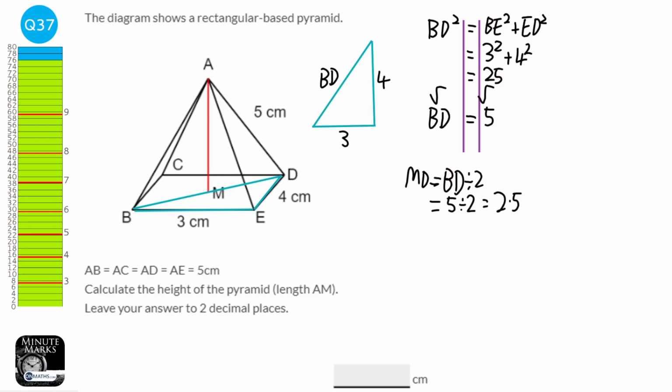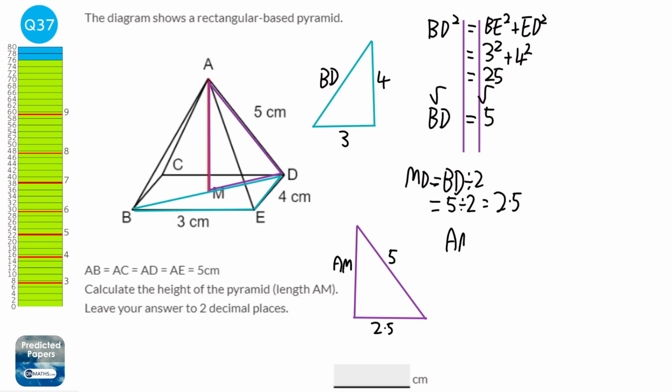Okay, next we're going to draw in another right angle triangle. It doesn't actually matter which side we take. I'm just going to take this side because we've worked out what MD is. And let's draw that out down here. Okay, so we've got the length of 5 here. We know the bottom bit is 2.5, and we're looking for the length AM. So another bit of Pythagoras here. So AM squared is going to equal AD squared, take away MD squared,